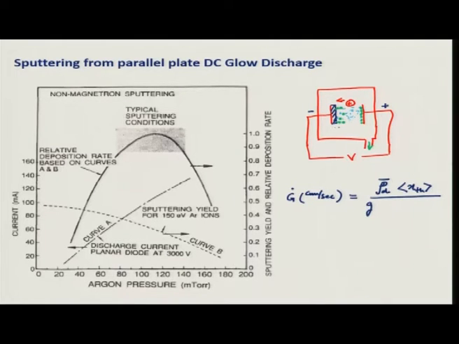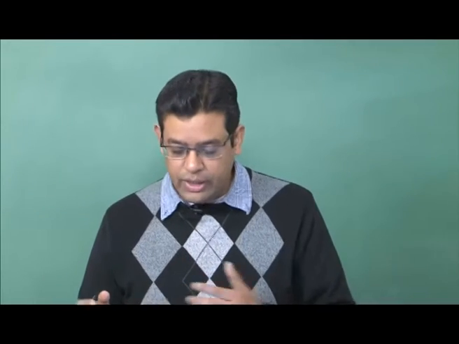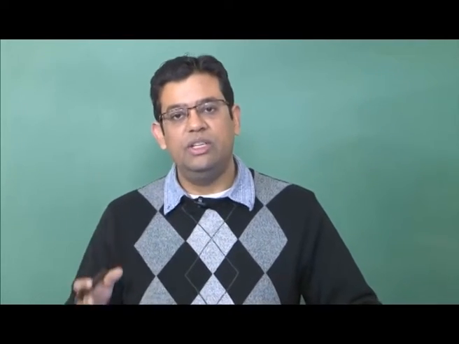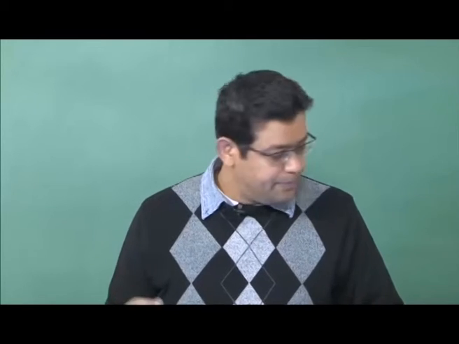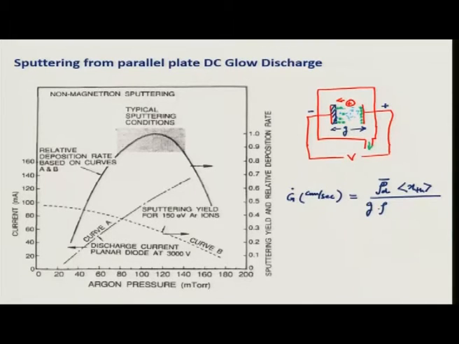G is the gap between cathode and anode, and rho is the density of the material that you are depositing as a thin film. This is the density of the thin film, not the target. The target might have a different density than your thin film. How dense you want to deposit the thin film will depend on various parameters: deposition rate, substrate temperature, and various other factors. So, this is the density of the thin film, times 1 plus gamma E.